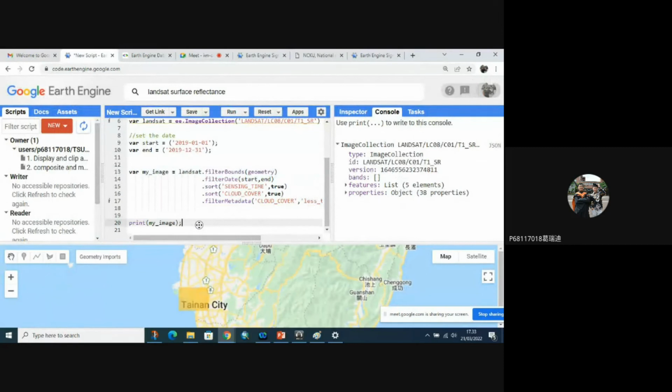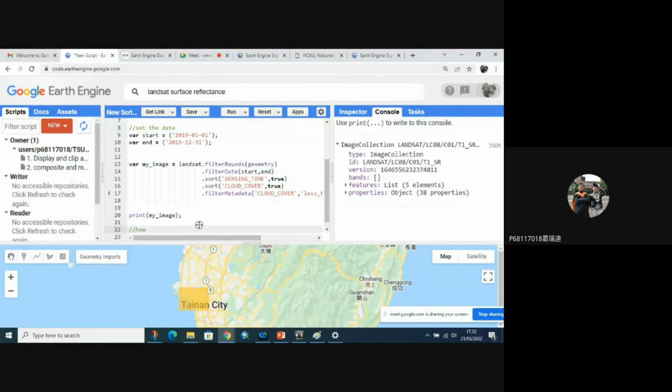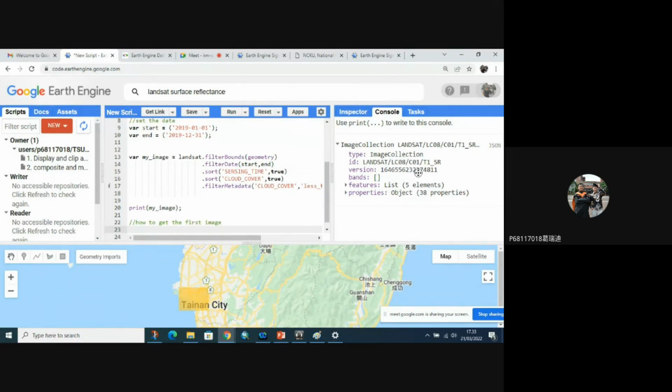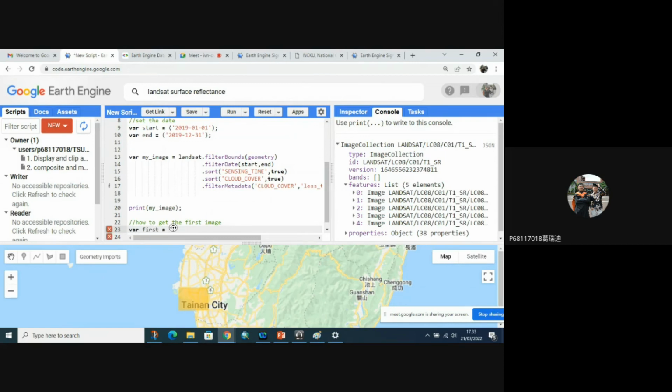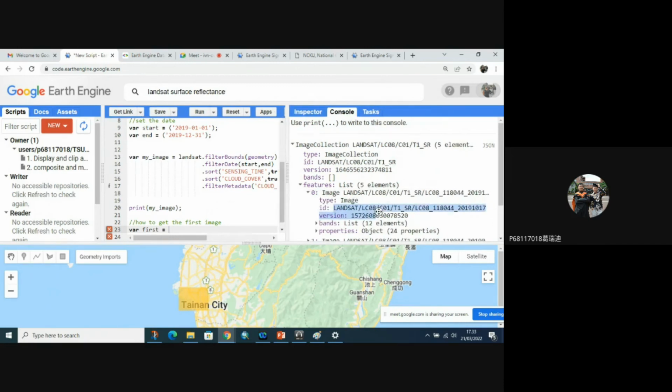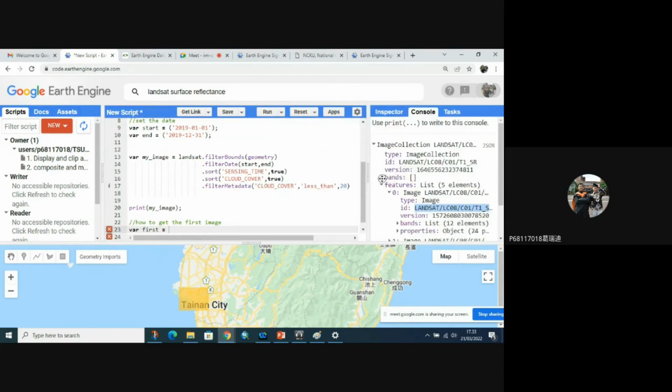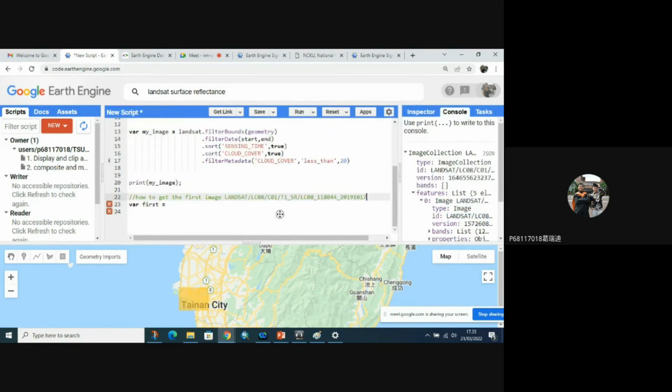How to get the first image? Because we have 5, we want to select one of them. We want to get the first image. First. Let me copy the image ID as proof: Landsat 2019, 17 October.